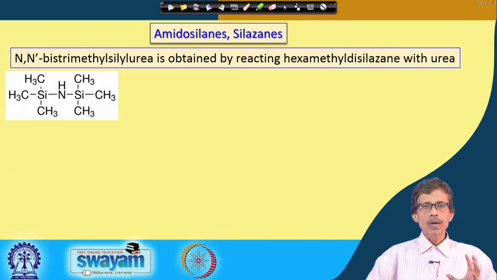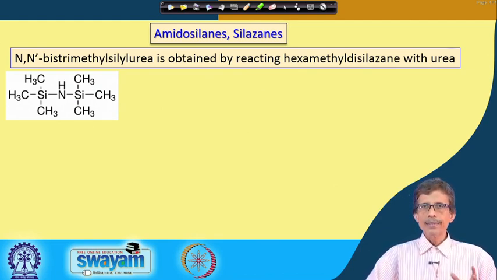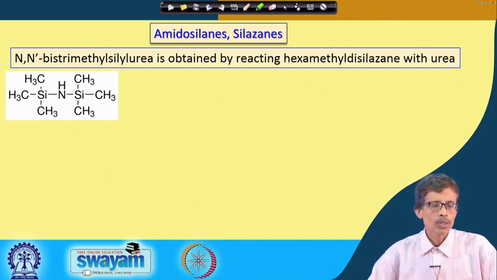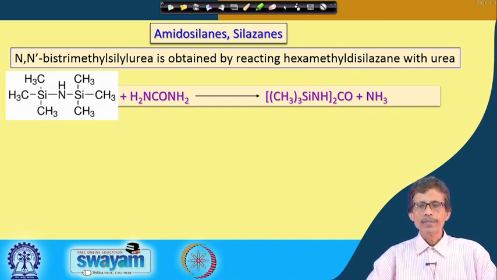So trimethylsilyl at one end and another trimethylsilyl function at the other end, basically giving a typical secondary amine function, which we know as dimethylamine or diethylamine, where you have two alkyl groups on both sides of the nitrogen, making it R2NH. Similarly, it is Si2NH. And the Si group is a bulky one, because the silicons are not SiH or SiH3, they are again SiR3. So these are then reacted directly with urea. So it is a direct reaction of this reactive material, hexamethyldisilazane,